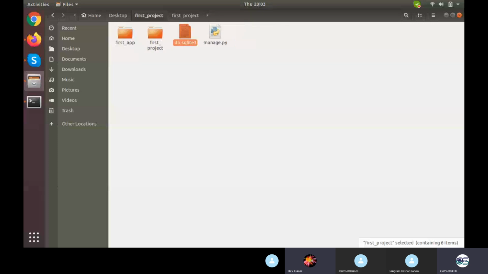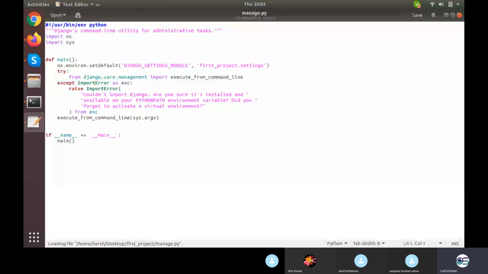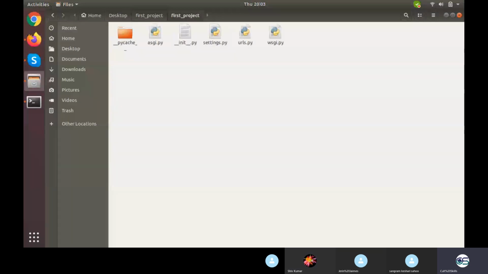And where it is called, I'll show you. It is called right here in the manage.py part, you can see there is firstproject.settings. So firstproject is callable because it is turned into a module. If I remove that file, it will no more be a module. It'll just be a folder. So that is the purpose. I would suggest not to alter asgi.py, __init__.py and wsgi.py. Do not alter these. Just play with settings.py and urls.py throughout your entire website. And __pycache__ will keep on creating and you can delete that. No worries, it will not be a problem.